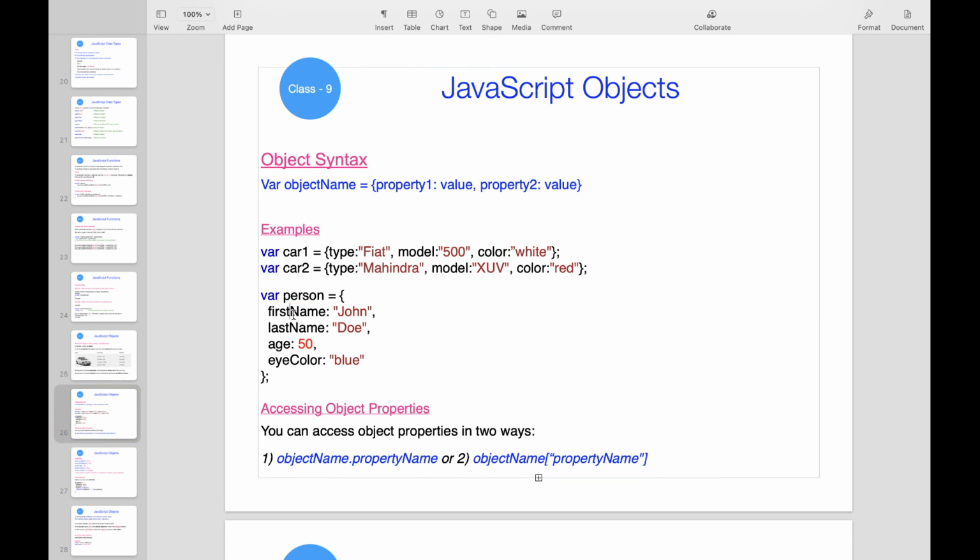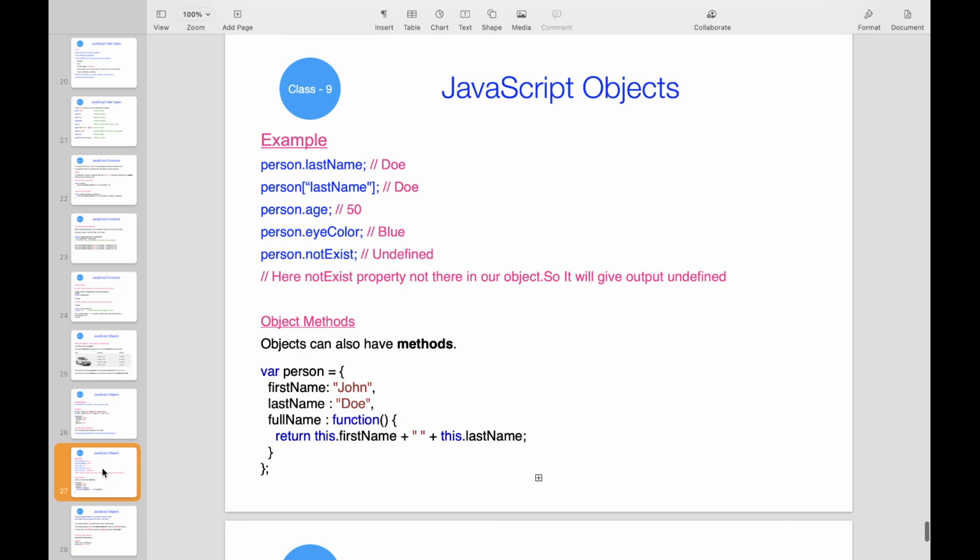Object name dot property name we can use like this, or object name of first name. Like that you can access the properties in the objects. So this is accessing properties. If you call any property which does not exist in the object, that will give undefined.